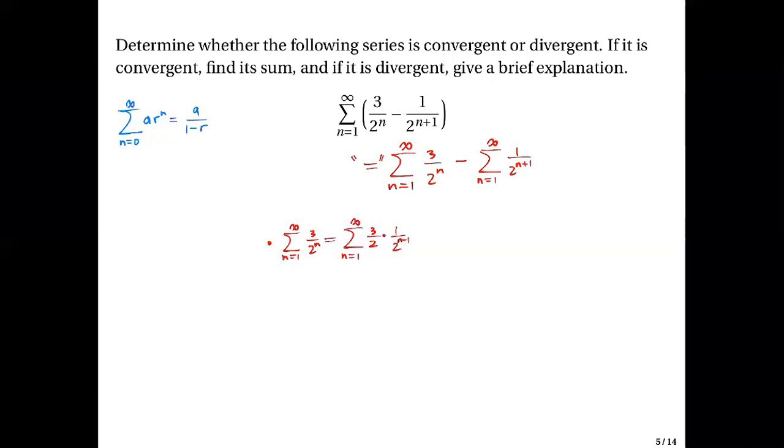Okay? Or let's just rewrite it this way: the sum from n equals 1 to plus infinity of 3 over 2 times 1 over 2 raised to n minus 1. Okay? So now the power of the common ratio 1/2 starts at 0, because we have n minus 1 and n starts from 1. So the power starts at 0. And since